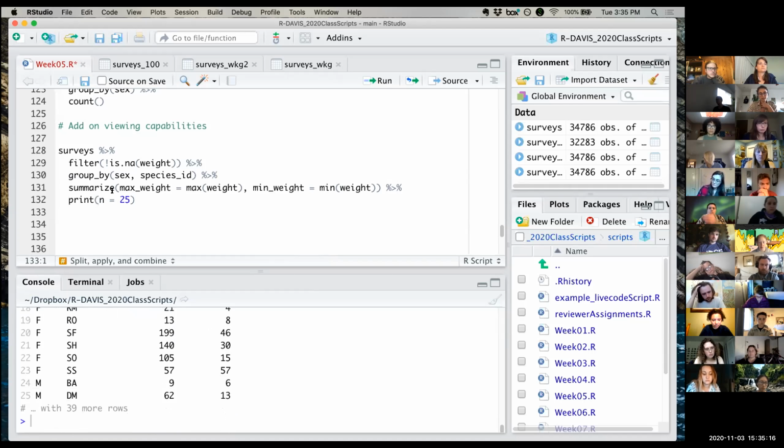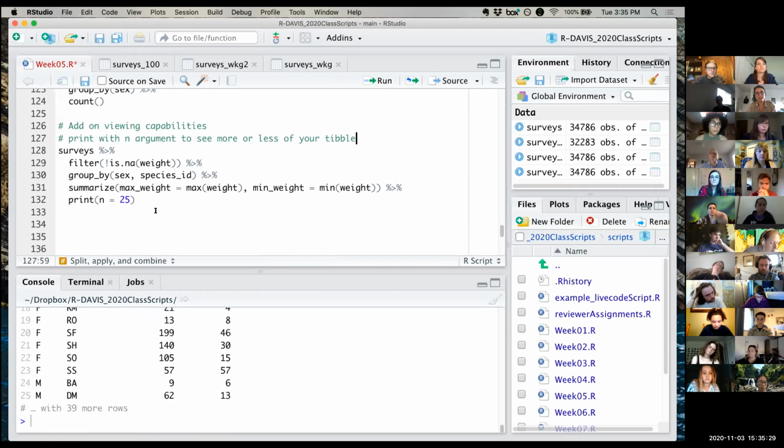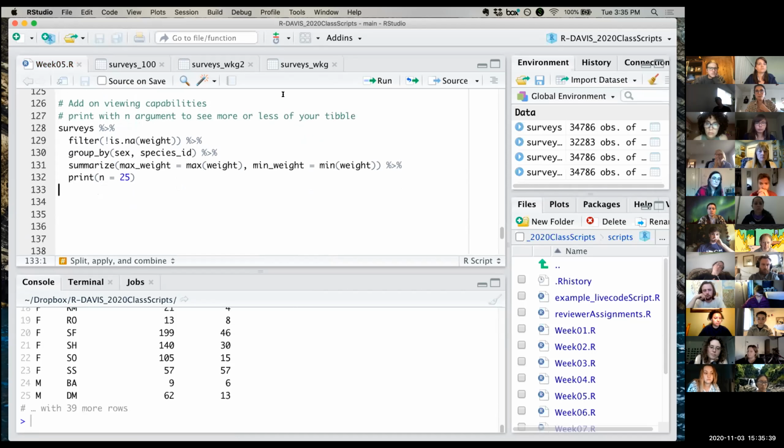So you can play with this last argument to help print with an argument to see more or less of your table without having to maybe assign it to an object or move it around a whole lot. So those are just a few little simple add-ons. And yeah, it's important, I think,